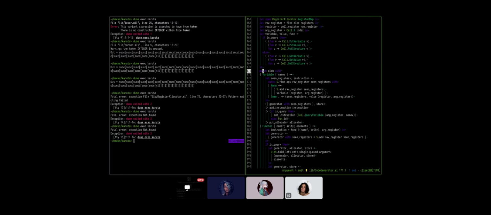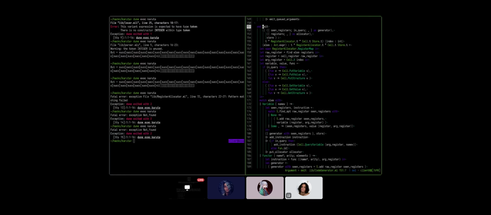This is not a lazy language. Oh right, the find is breaking, that's true. Raw register, find registers. And then arg register. You know, the problem is that this is actually not needed in the constant case. Yeah, exactly. Let's first confirm this is the place that is breaking, and then we're gonna have to think about what you just said.